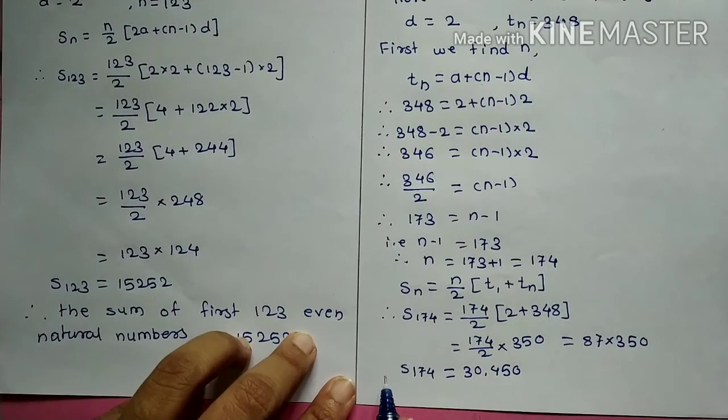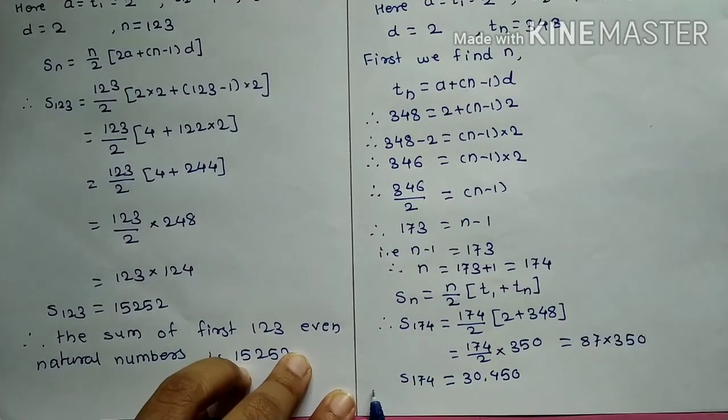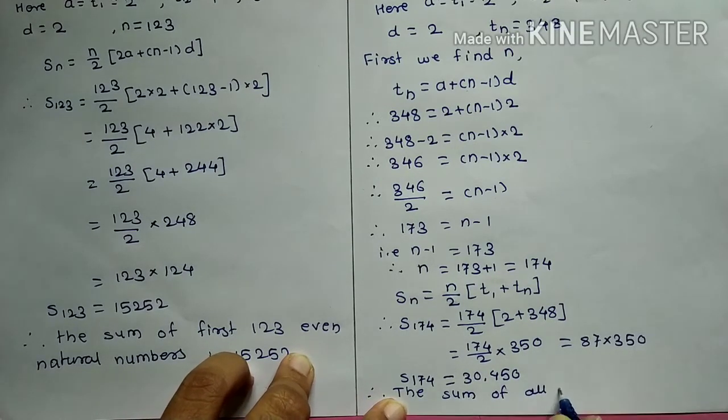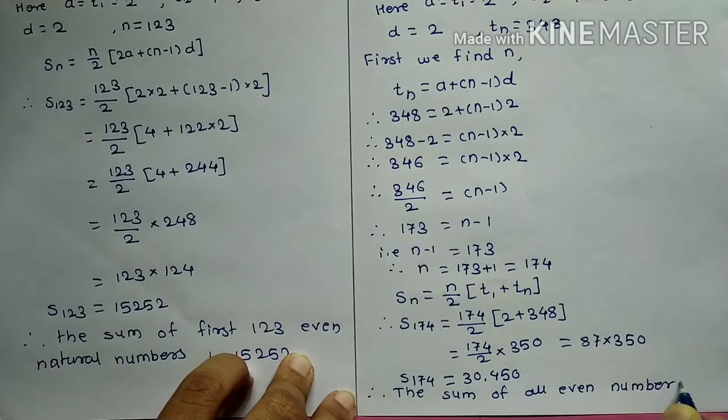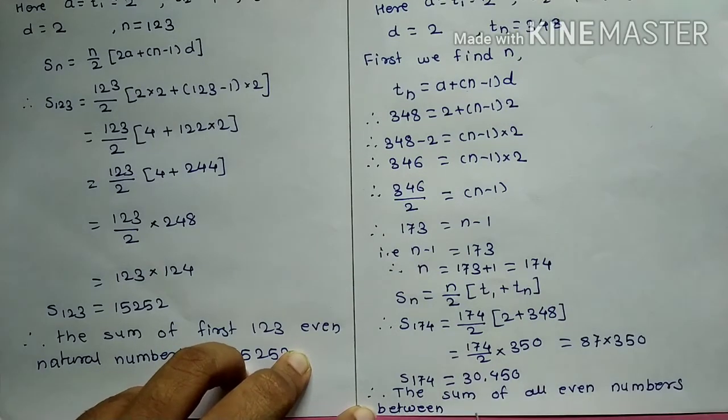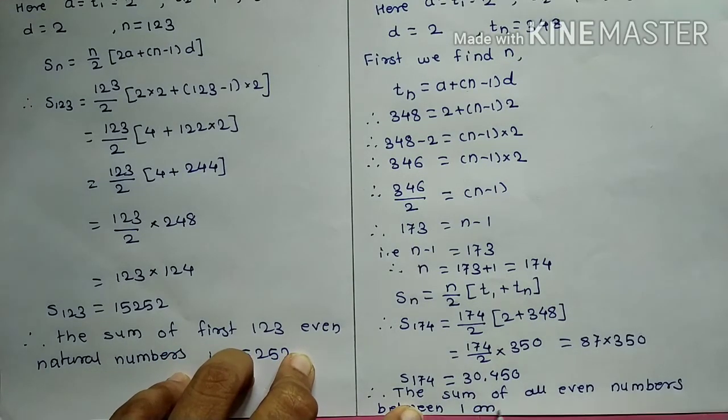Therefore the sum of all even numbers between 1 and 350 is